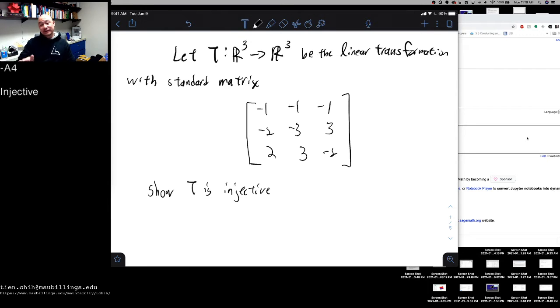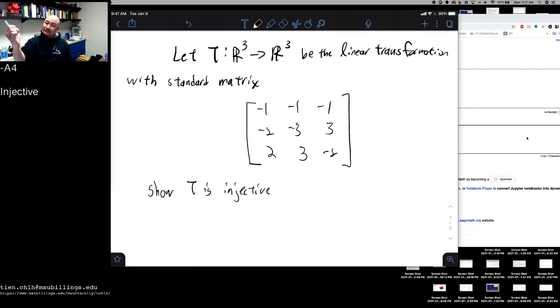Alright, so in this video, we're going to be taking a look at this linear transformation from R3 to R3 with the standard matrix given as below. And our goal in this video is to show that this linear transformation is injective. And if we recall from the activities, what it means for a linear transformation to be injective means that